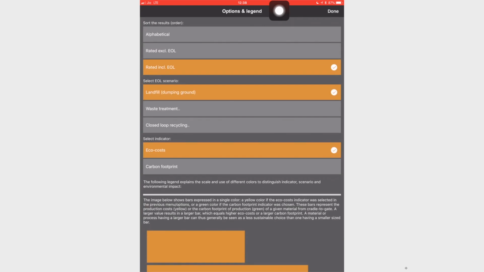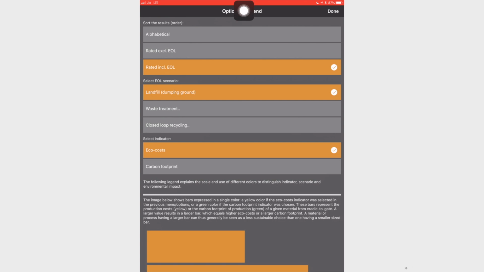If I click on the settings icon, what you will have is an option to sort the results in alphabetical order, or on the order of end of life impact. The first one is where you exclude the end of life impact and the rating, and the second one is with the end of life included.